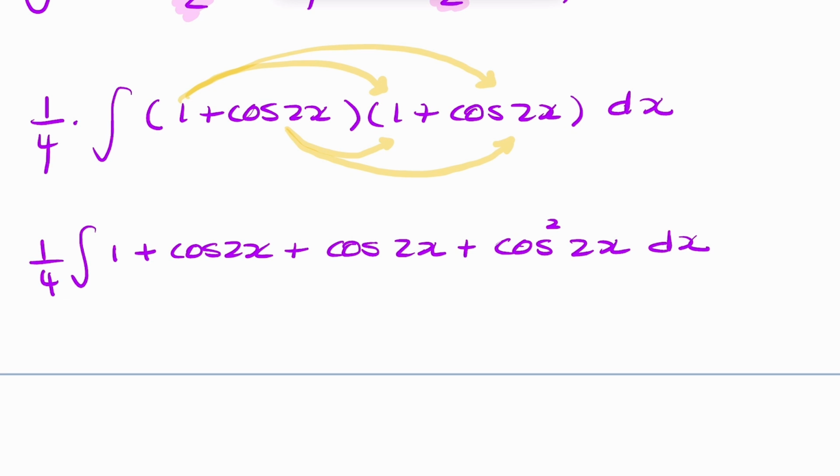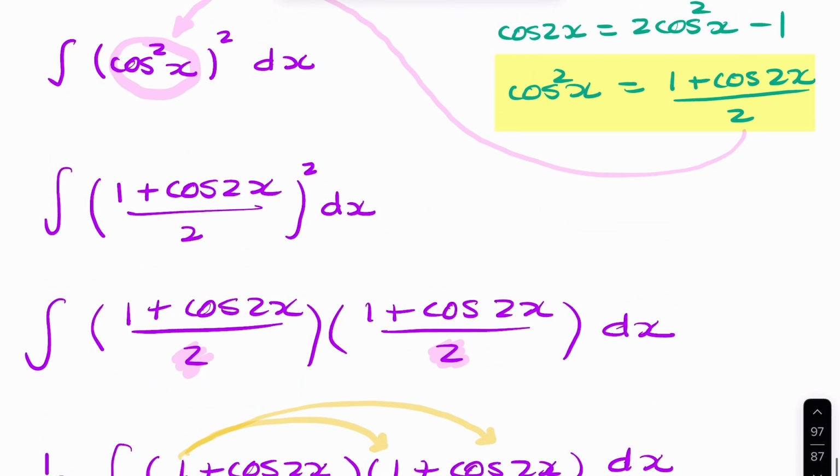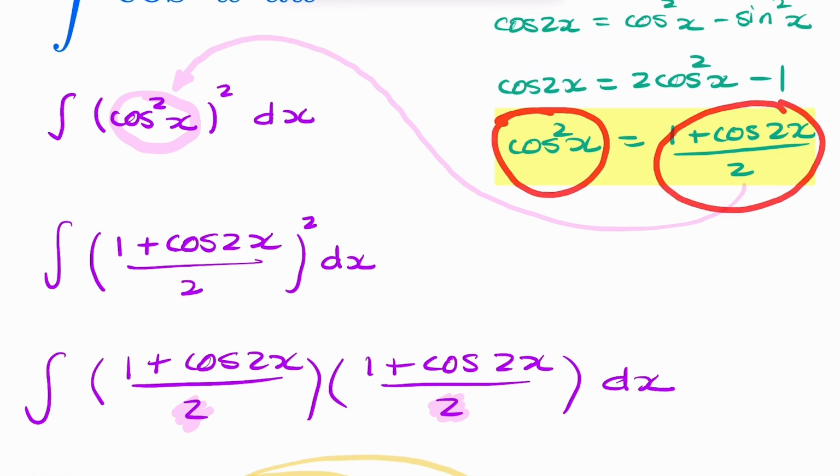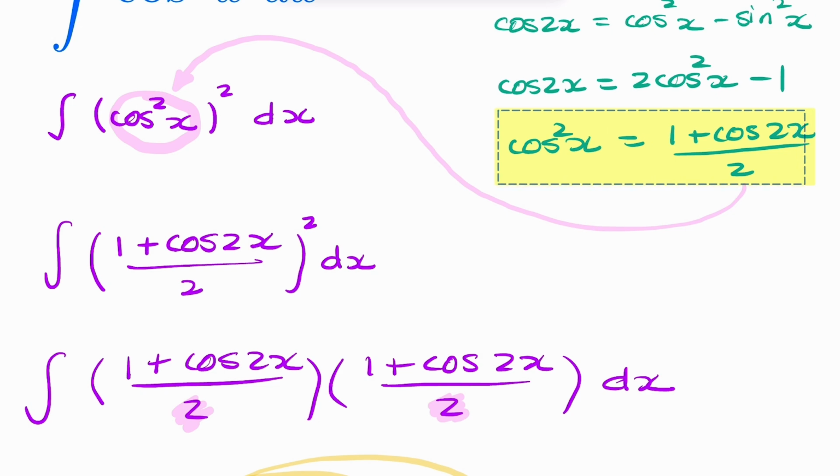Now, these two we can add together, they're like terms. And this one here, we can use the double angle identity. So I'll remind you that cosine squared x is 1 plus cosine 2x divided by 2. And I can simply use that identity